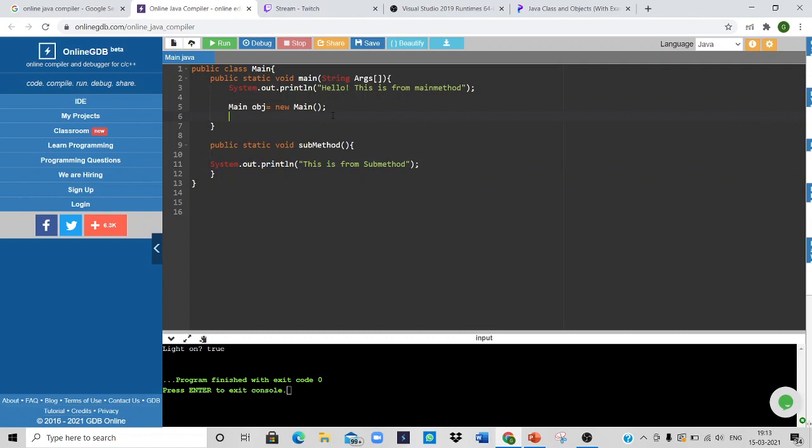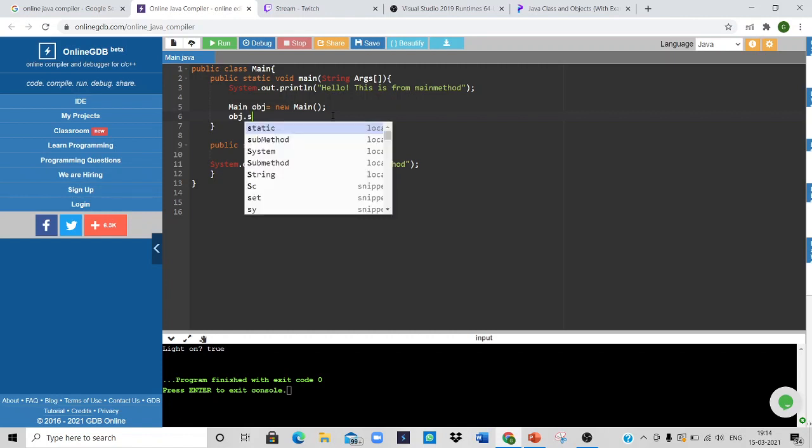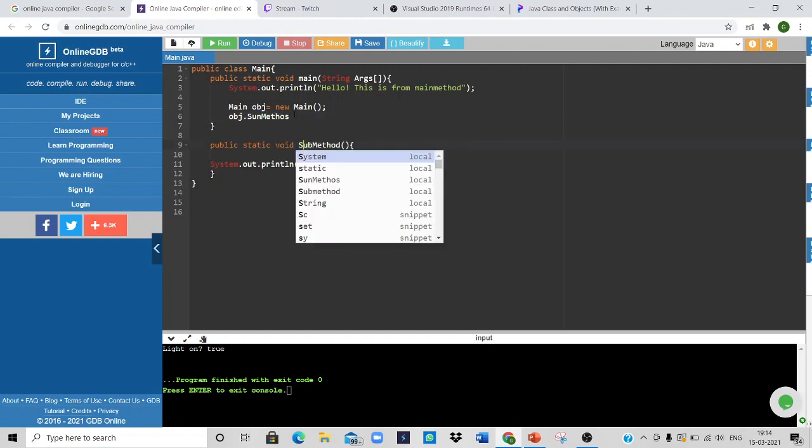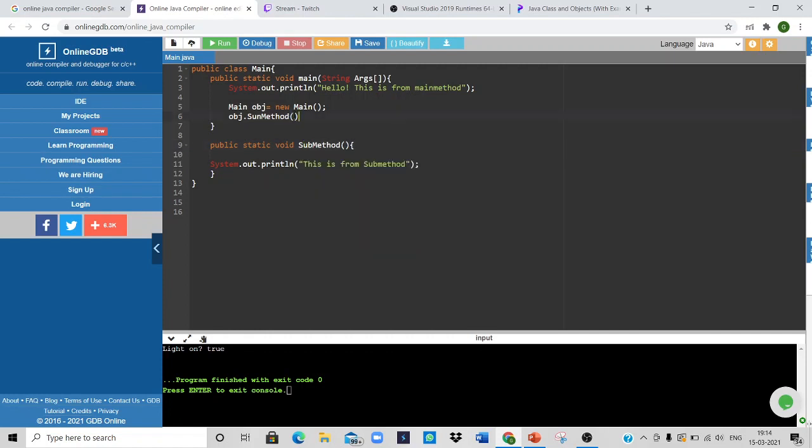For that, we call it like obj, which is the object name, dot method name. What is the method name here? It is actually subMethod. As per the rule, S should be in caps.